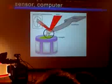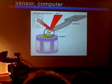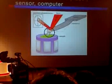The second part is the tip, which is connected to the cantilever. The tip has to be extremely fine and extremely sharp. It has to be as fine and as sharp and as small